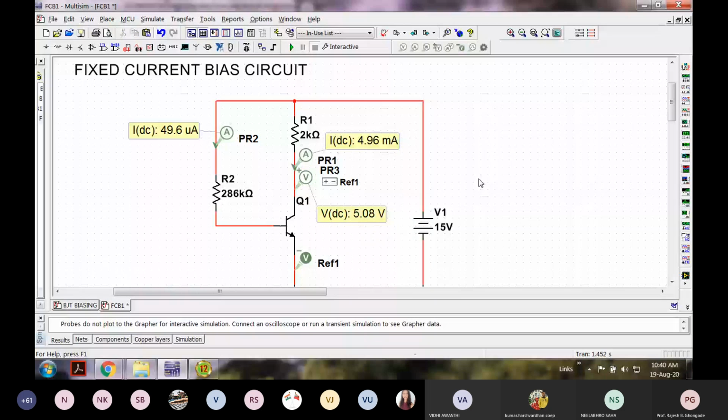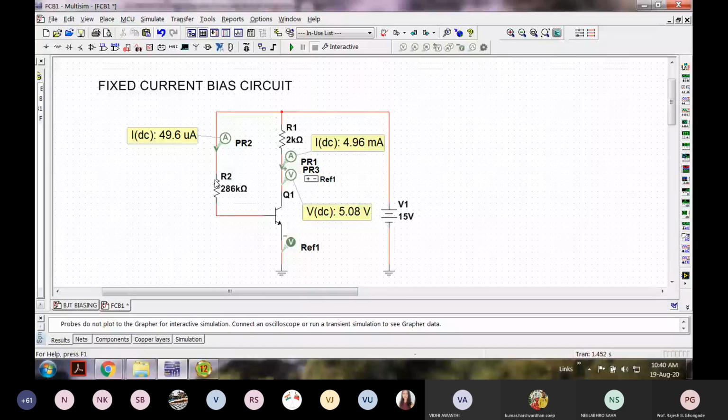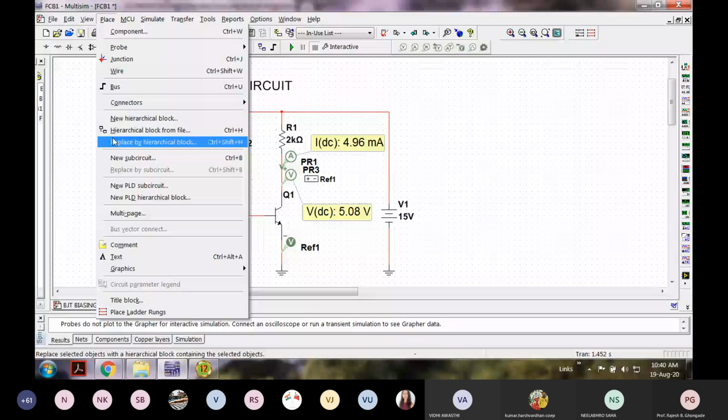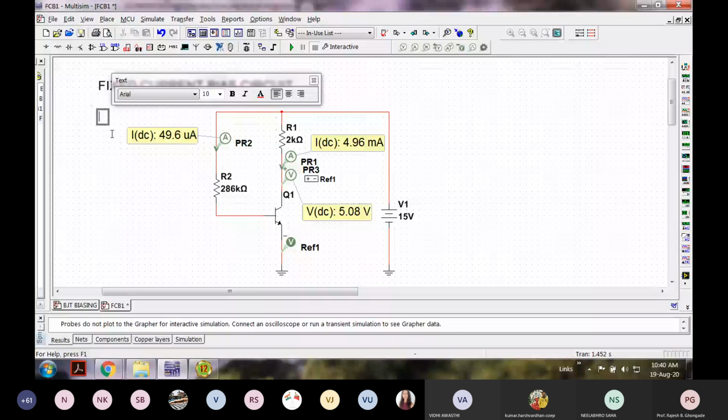Everything has to be clearly seen over here. Now this snapshot is for one value of beta, so you have to mention it here. If I place the text again, I can mention here: for beta equal to 100.